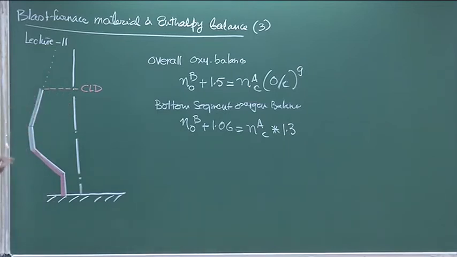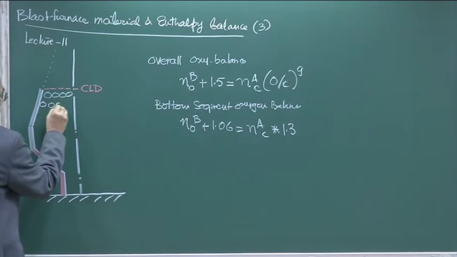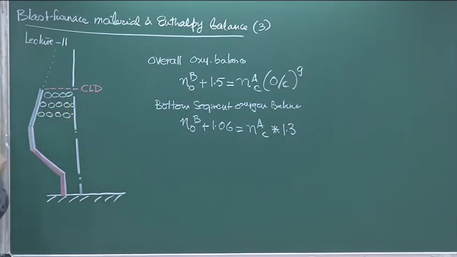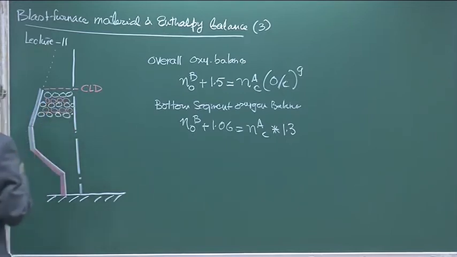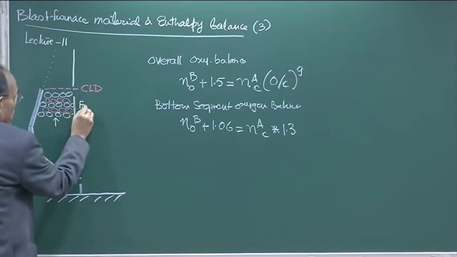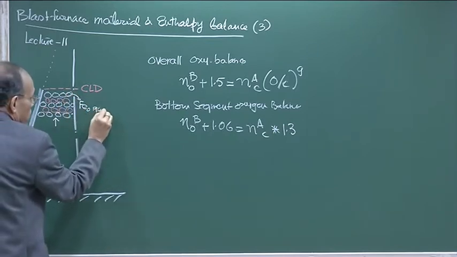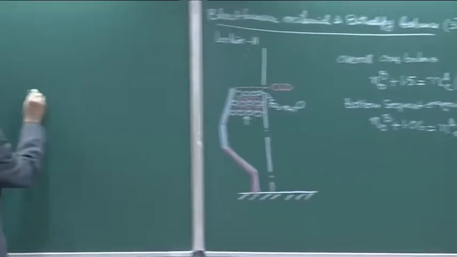The origin of the factor 1.3, as I have indicated to you, is that we have beds of iron ore and beds of coke here, and the gas which is ascending through this, and this is basically Fe. The solid material, the white one is our Wustite Fe0.947O, and the red one is the coke, and we have this equilibrium